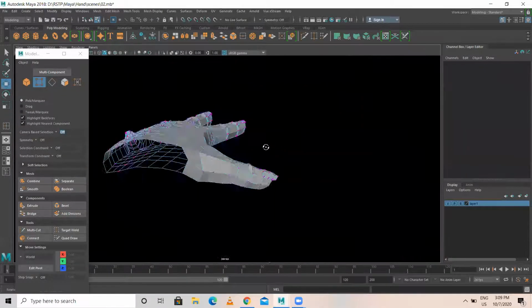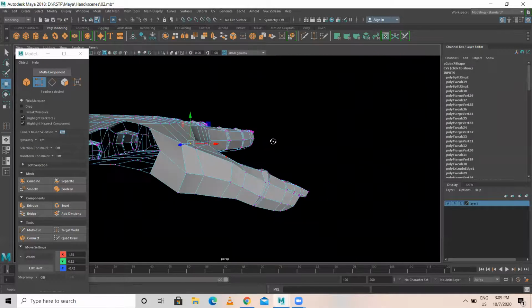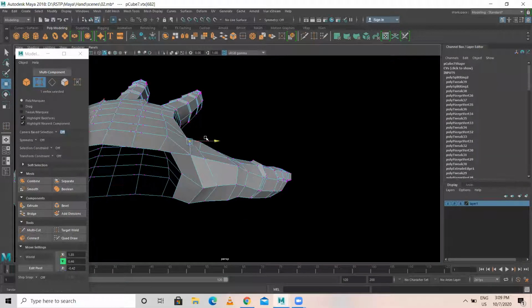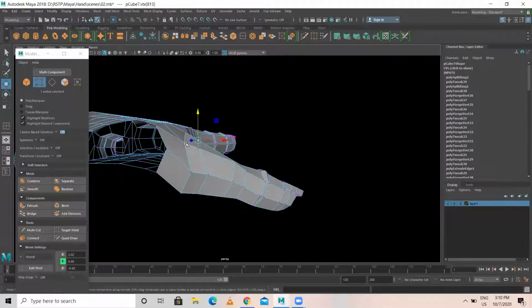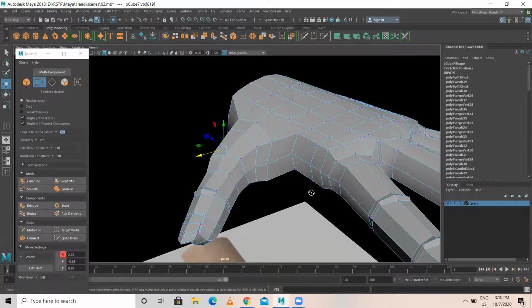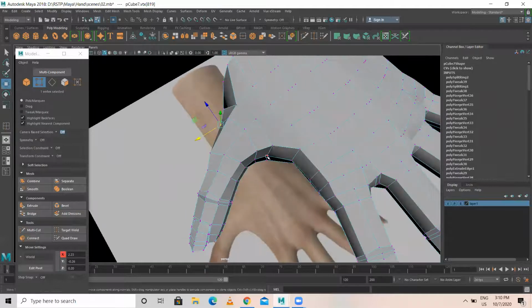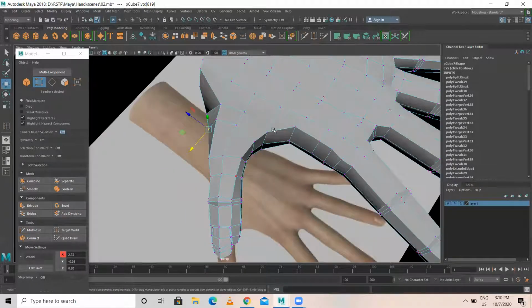Okay. See, it's curvy. See, it should be something like this. It should be like a curvy.